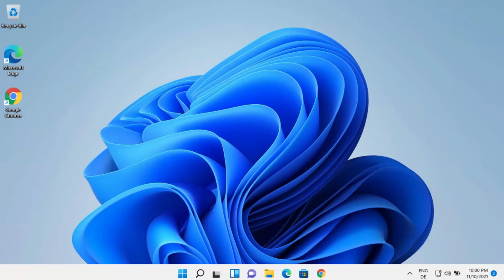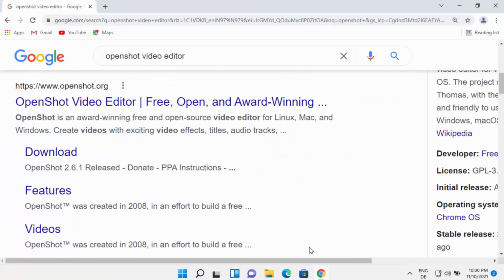Hey guys, in this video I'm going to show you how you can download and install OpenShot video editor on your Windows 11 operating system. So let's get started. First of all, open your favorite browser and search for OpenShot video editor,